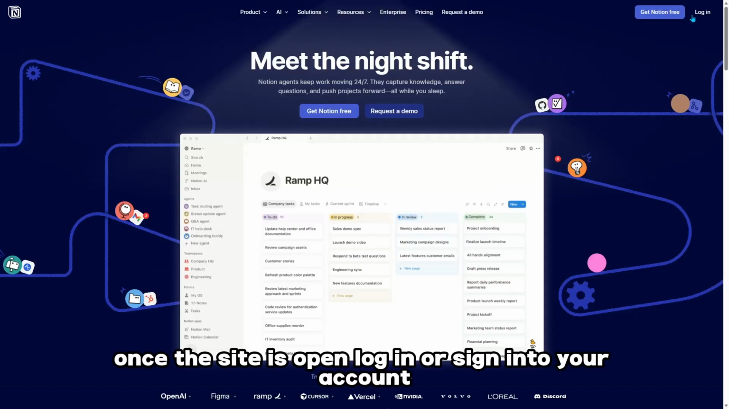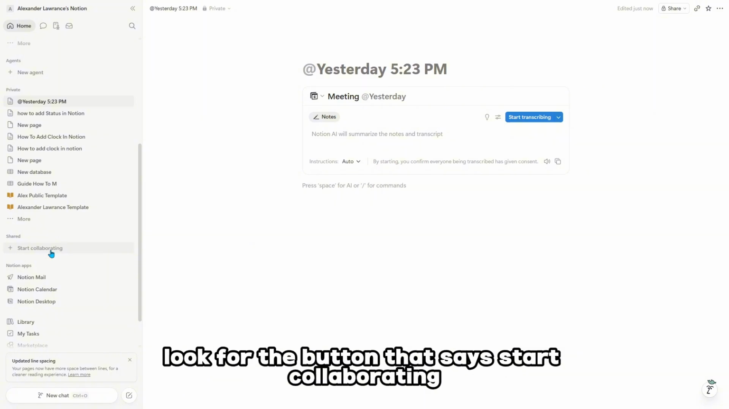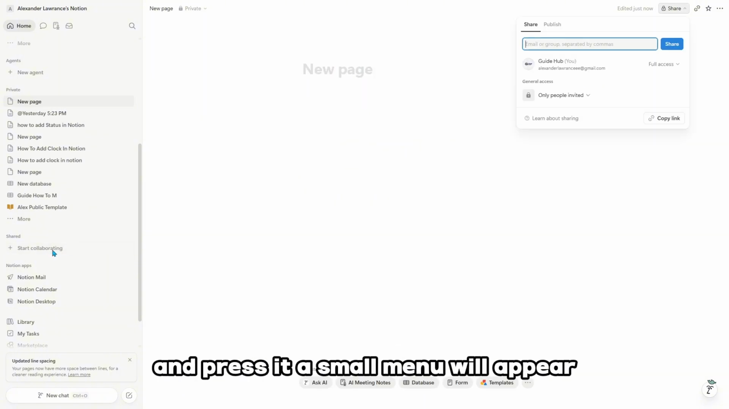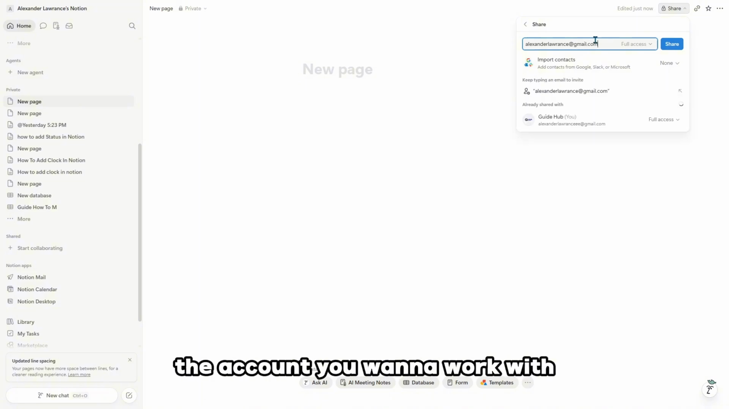Once the site is open, log in or sign into your account so you can access your workspace. After you are inside Notion, look for the button that says Start Collaborating and press it. A small menu will appear on the right side of the screen. Type your Gmail or email account into the box so the system can recognize the account you want to work